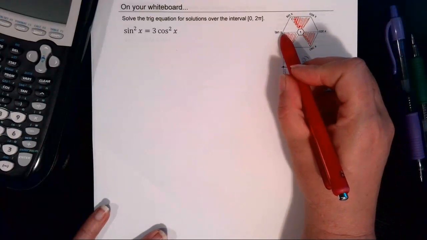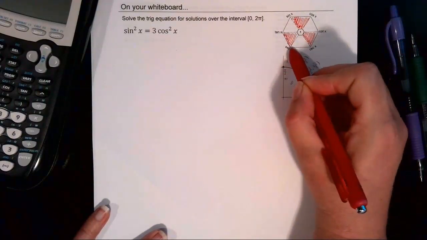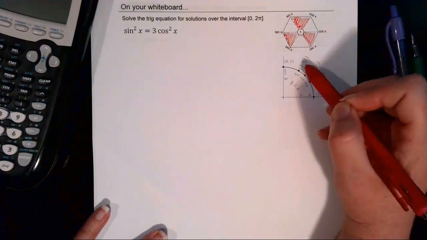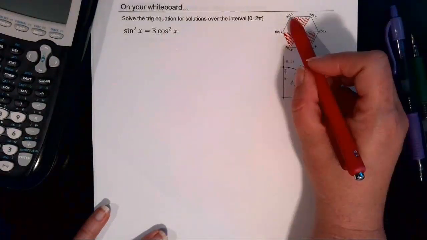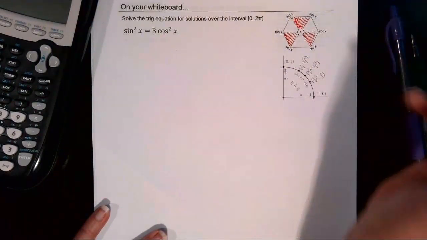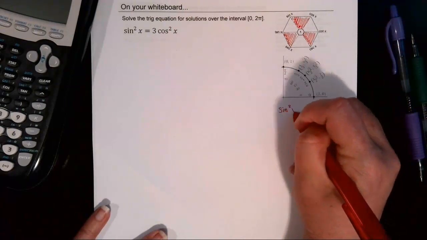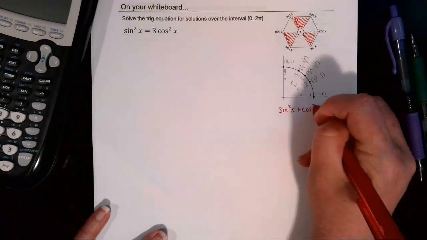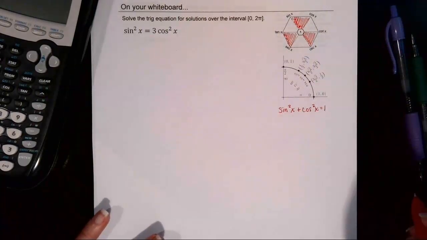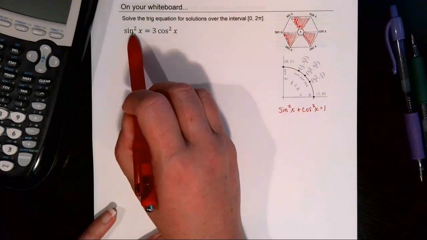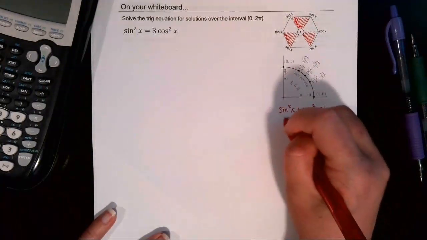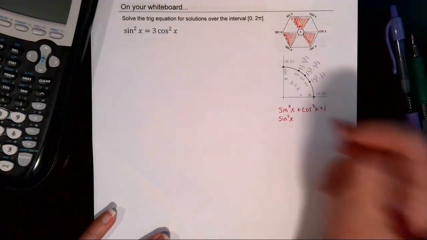For example, tangent squared x plus 1 is equal to secant squared x. 1 plus cotangent squared x is equal to cosecant squared x. Or the one that we're going to use, sine squared x plus cosine squared x is equal to 1. So we'll just jot that down here. Sine squared x plus cosine squared x is equal to 1. That's our Pythagorean identity. And we have sine squared x here, and if I solve this Pythagorean identity for sine